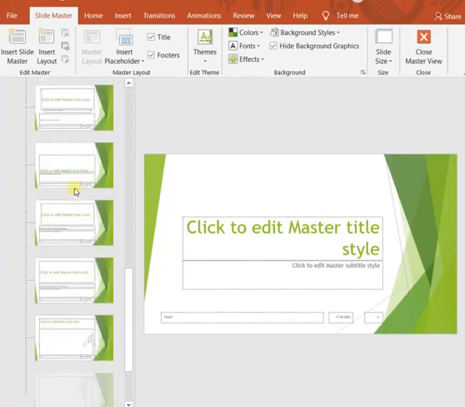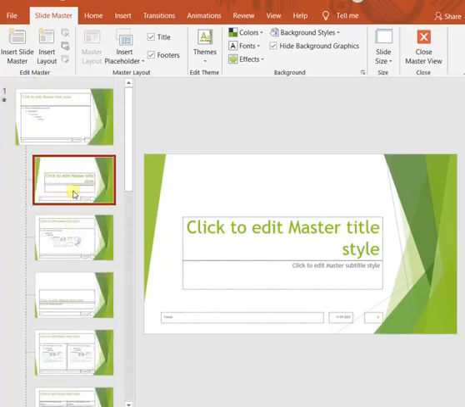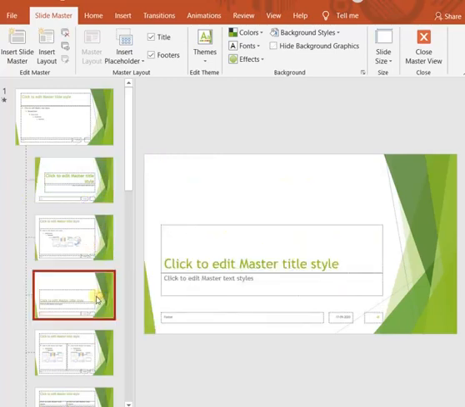See, these are the slide master layouts, and by default you can see that this black rectangular highlight is selected on a slide. So this is the layout slide which is used in our presentation. For that reason, automatically it has been selected by PowerPoint, because we are using this layout in our presentation. By default, PowerPoint is using this layout in our presentation, so it has been selected. You can select any other layouts you want from here.